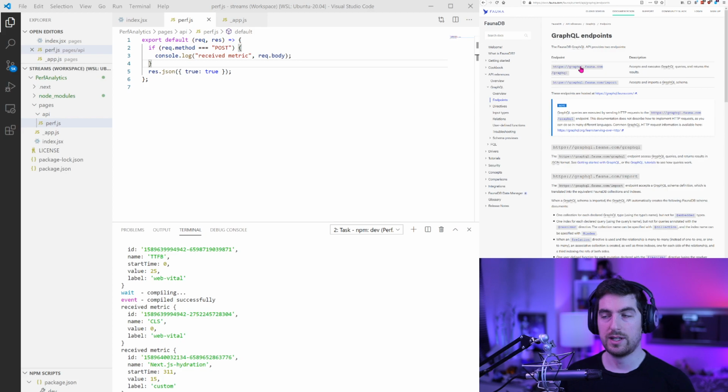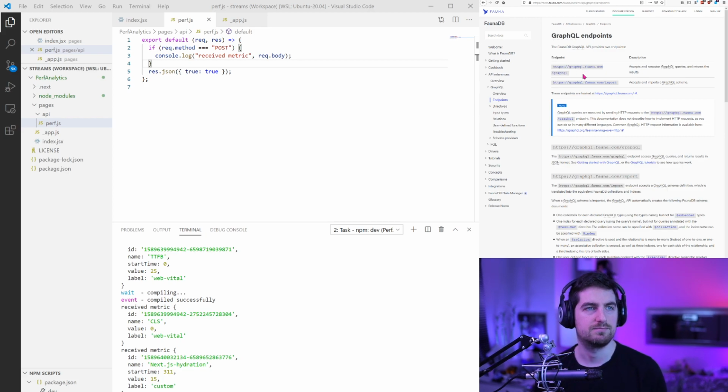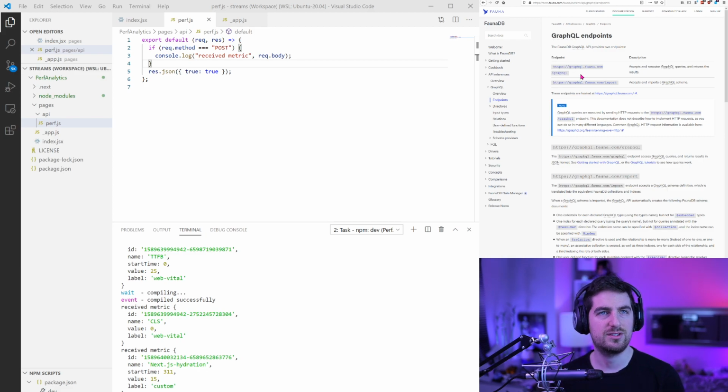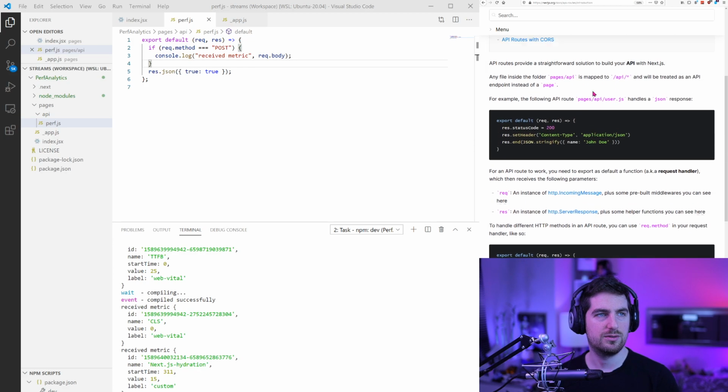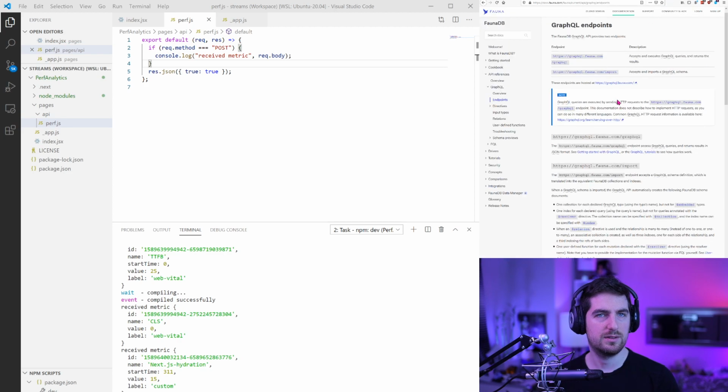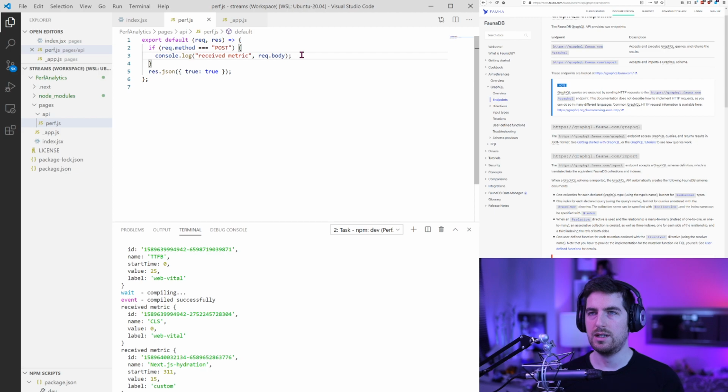All right. So I guess we're just going to fetch and send to faunaDB and see if it makes sense to have anything there. Yeah, makes sense. So if I go here, rather than console logging it,